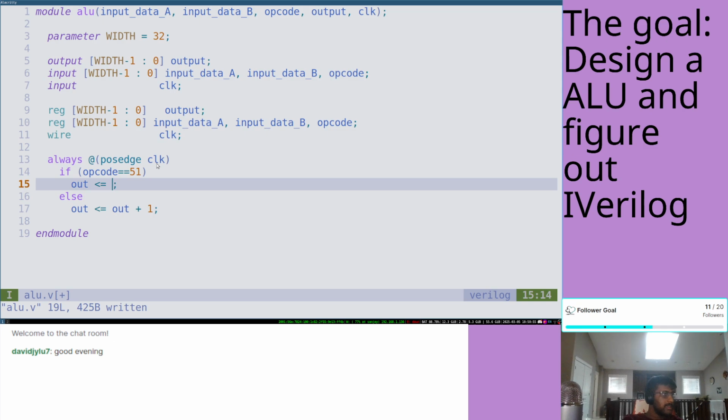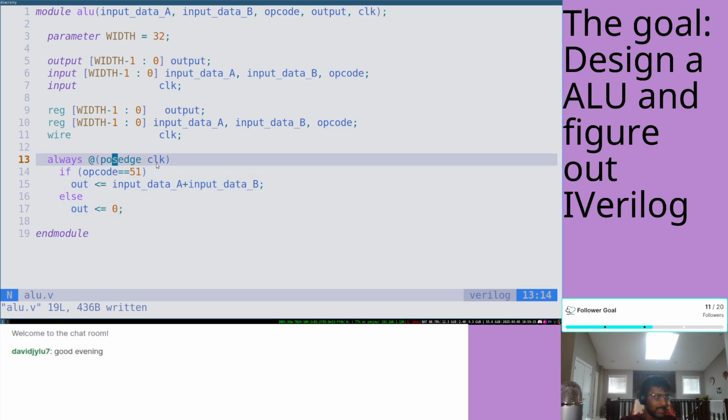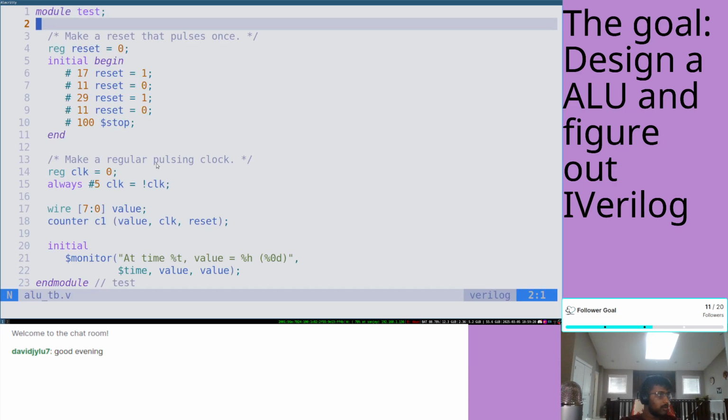out is going to be input data A plus input data B. Obviously, I'm not actually creating any of the adding circuits here, but you know, it is what it is. Else out is 0. Let's just set it to 0 for ease of use. Cool. And so this only applies on the positive edge of the clock. And this should just work. So if I go back in here,